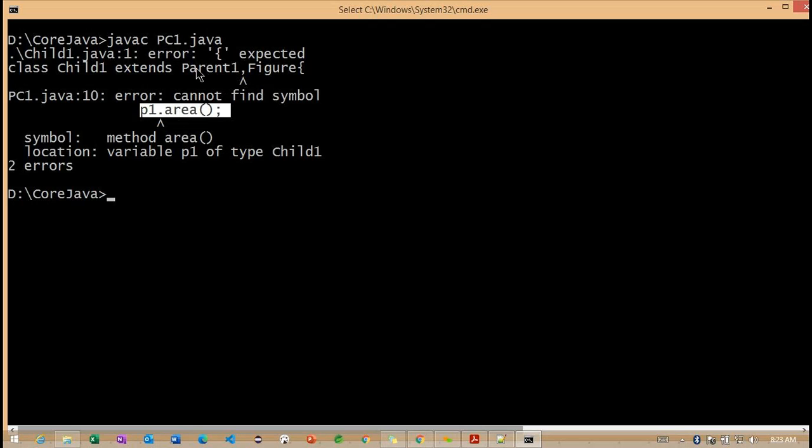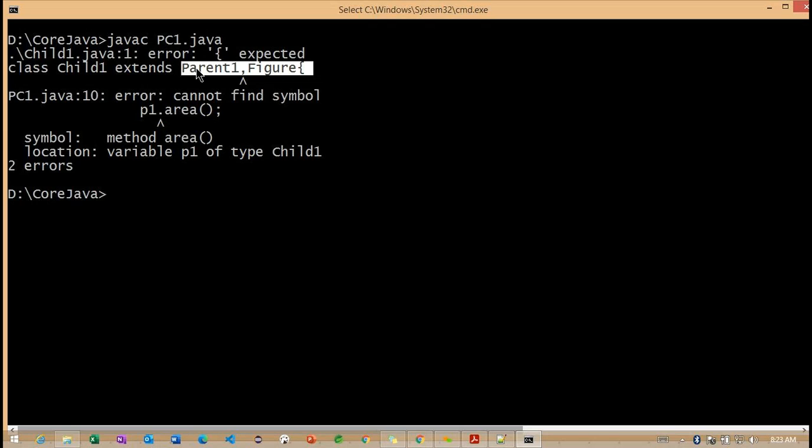Because if in the parent one class and the figure class I define the same method, then the compiler will get an ambiguity.